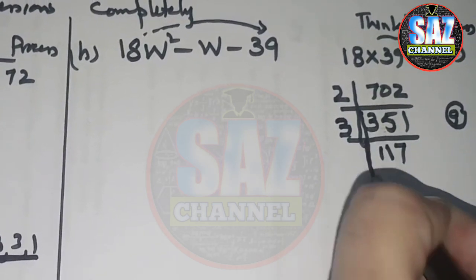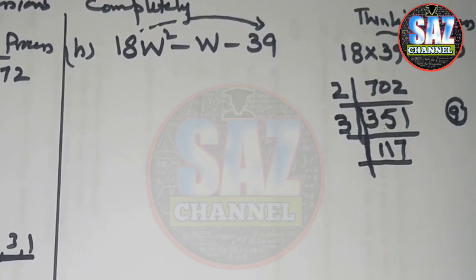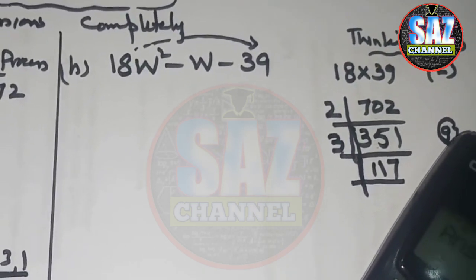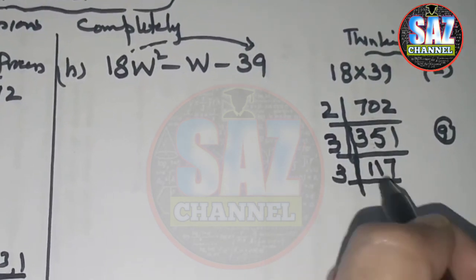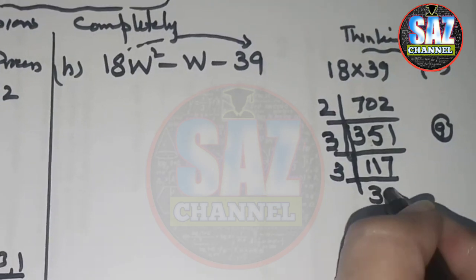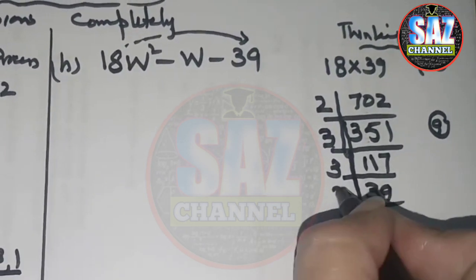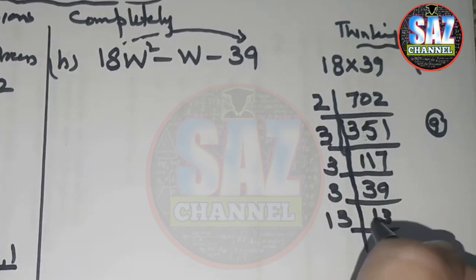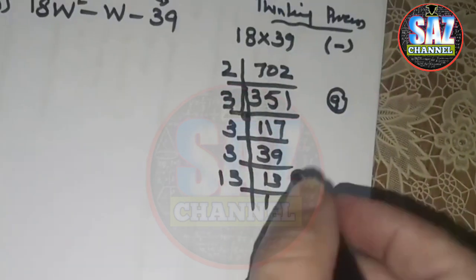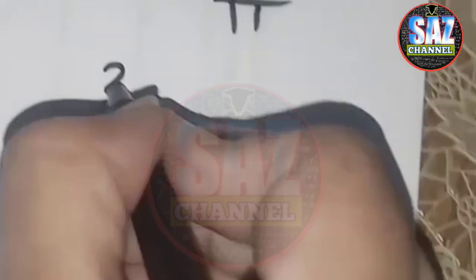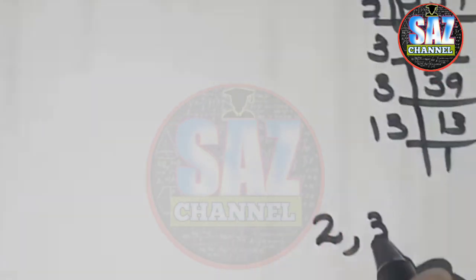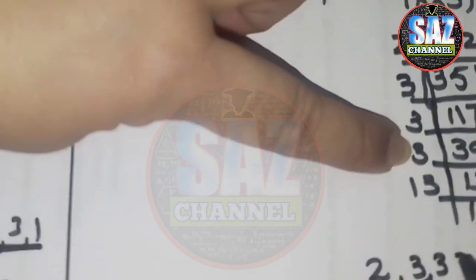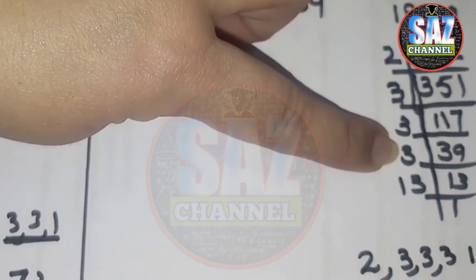Again, I add up the digits. This is 9, so it's easily divisible by 3. Divided by 3, I will get 39. Now the number has become small, 39. 3 how many times? 39. 3 13s are 39 and 13 ones are 13. Good job. I have turned my number into the form of its factors. Quickly write down all of the factors: 2, 3, 3, 3, 3, and 13.